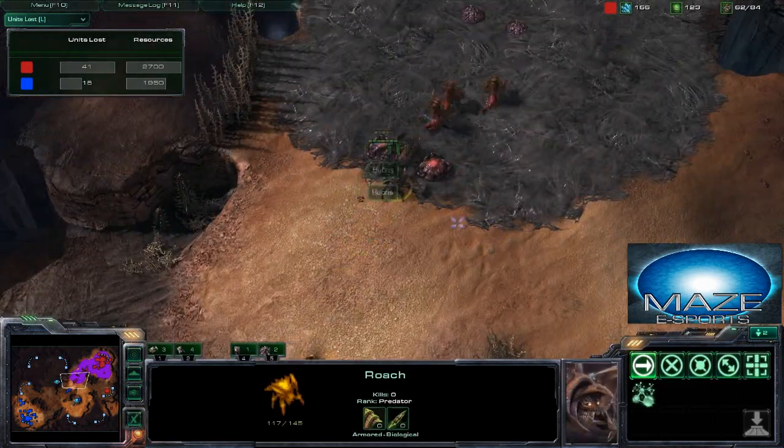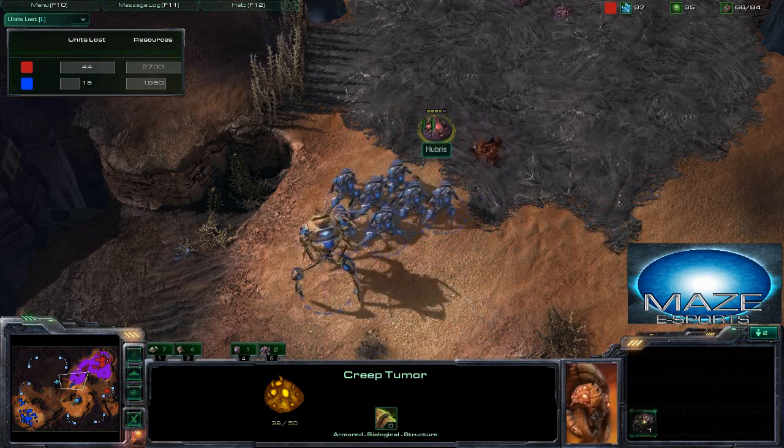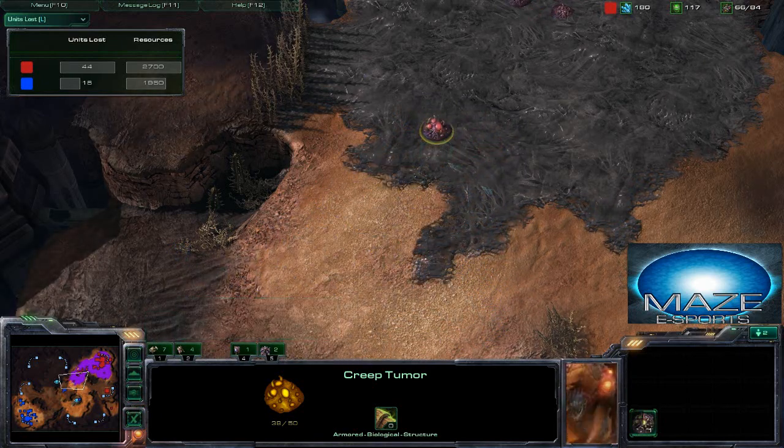I'm able to pick off a couple of more units, and the reason that I like to go a Robo against Zerg is because good Zerg will creep tumor everywhere. They'll try to